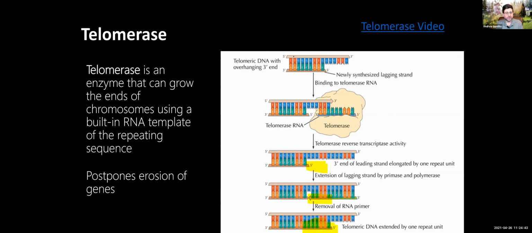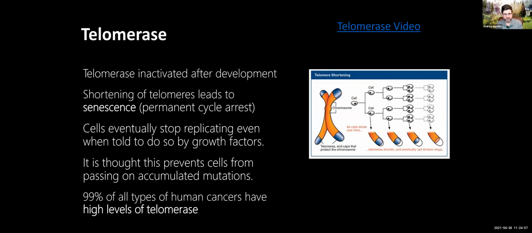Okay. This is how telomerase works. You can watch the video on that. But the idea here is it extends the telomere artificially. Or not artificially, but it extends it when it otherwise wouldn't. Okay. Here's a slide on senescence. There's the idea of permanent. So senescence is defined as permanent cell cycle arrest. That's the formal way of saying it.